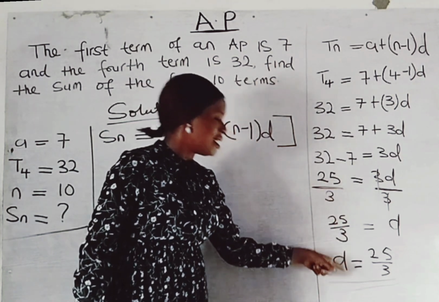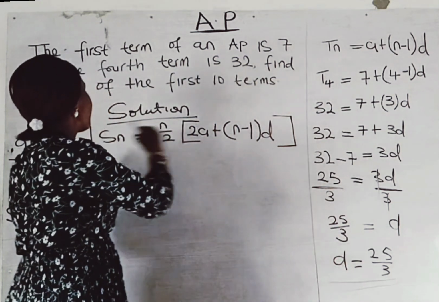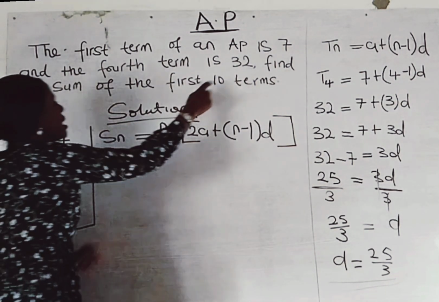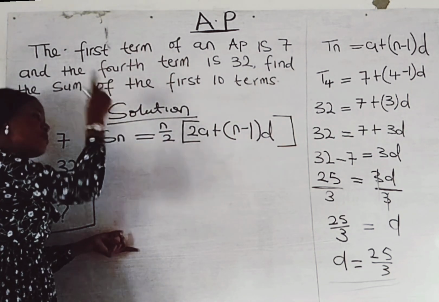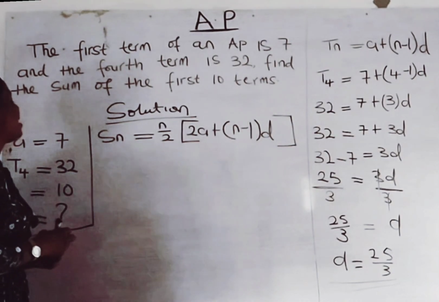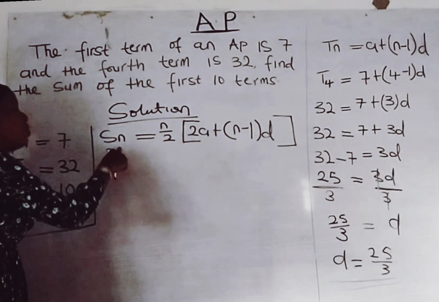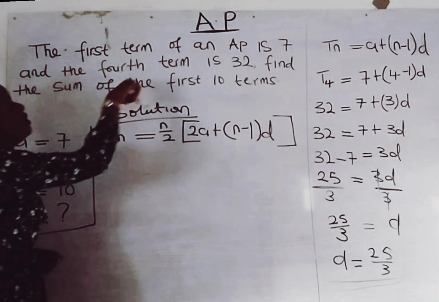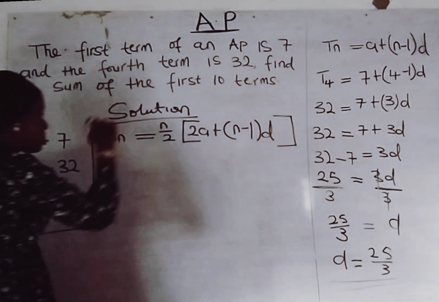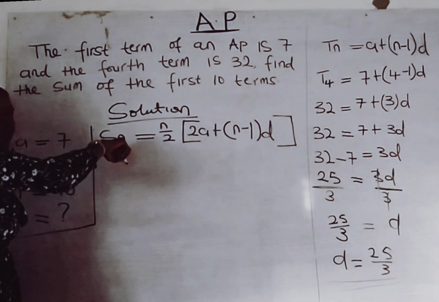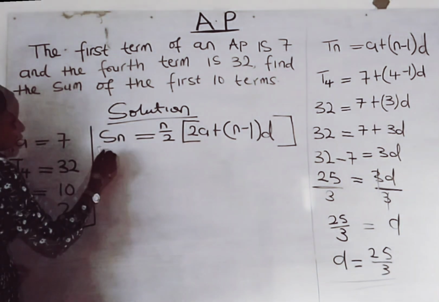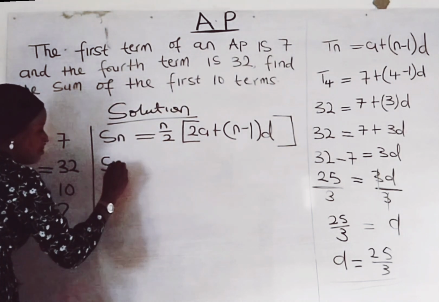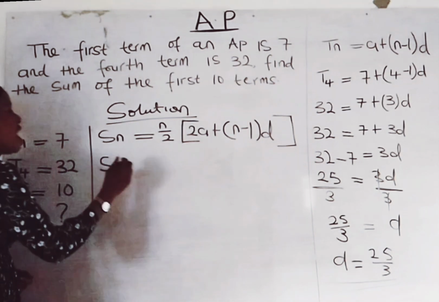It will now be possible for us to use this formula to solve for the sum of the first 10 terms of this AP. Yes. So let's get started. Sn, which is sum. Remember, the question says we should get the sum of the first 10 terms. So I'll write S10, the sum of the first 10 terms, is